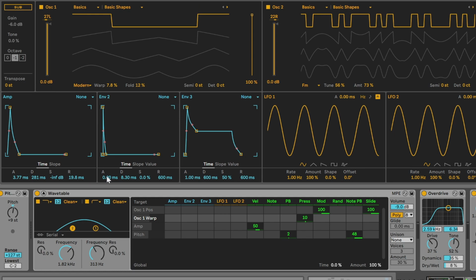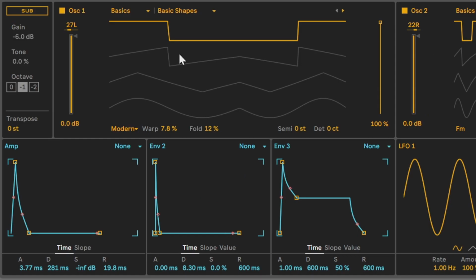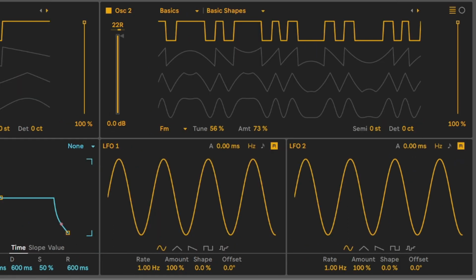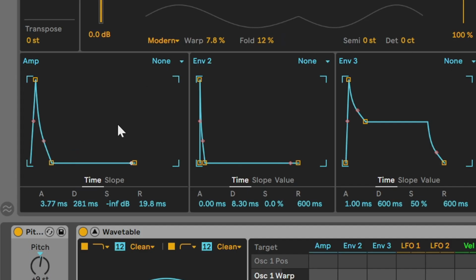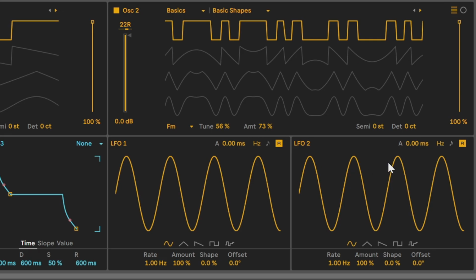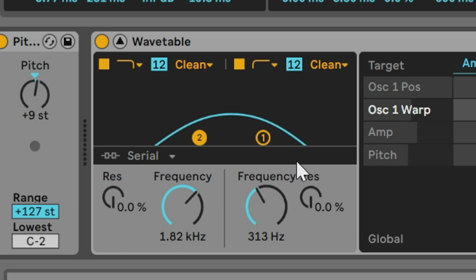It's another wavetable synth, 2 square waves against each other, but the first oscillator has the modern wavefold distortion, and the second oscillator has frequency modulation. Like the lead synthesizer, the envelope is what makes it so plucky. It has no sustain and a bit of attack to remove the initial transient, which helps place it in the back of the mix. I'm not using the LFOs, just the filter to bend past the mid-range.